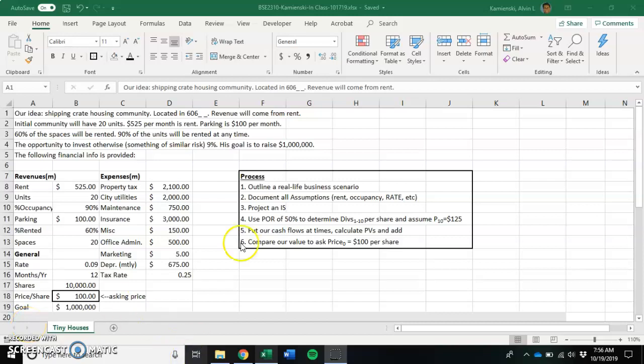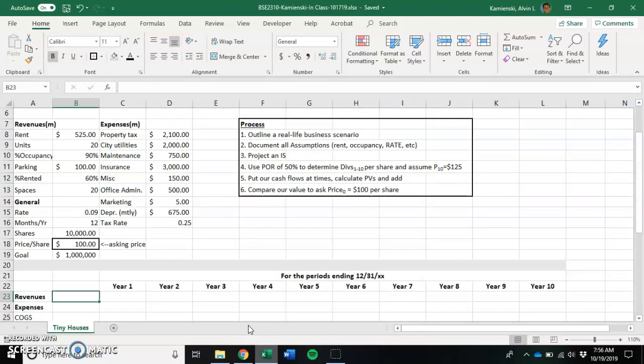Let's pick up this problem starting at step 3 in the process, presuming that you already have a problem outlined above, and in this case, are given a series of assumptions. So moving on to projecting an income statement, revenues would be equal to the amount of rent you would earn